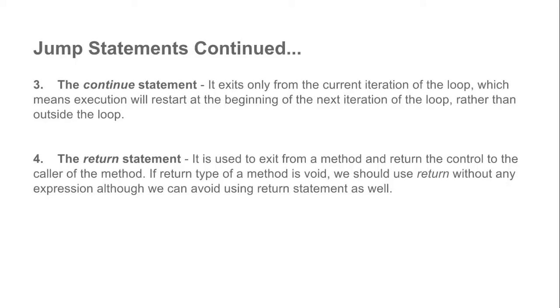The return statement is used to exit from a method, or we can say that it is also used to exit from a loop. At any point of time, if there is a method being called from some other part of the code or from some other method, the whole method will be executed, and we have to return back from that method. So we use the return statement. With the help of the return statement, it will come back to the caller code, so the control will come back to that. You can see in the demo just now.